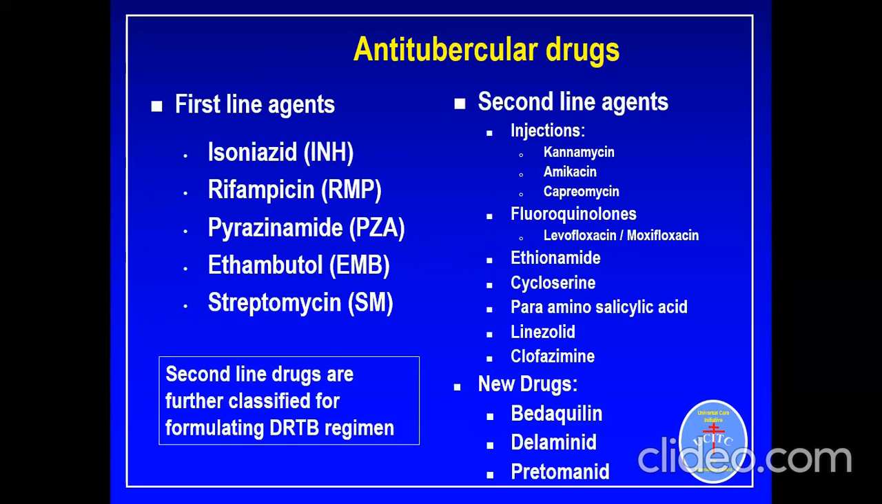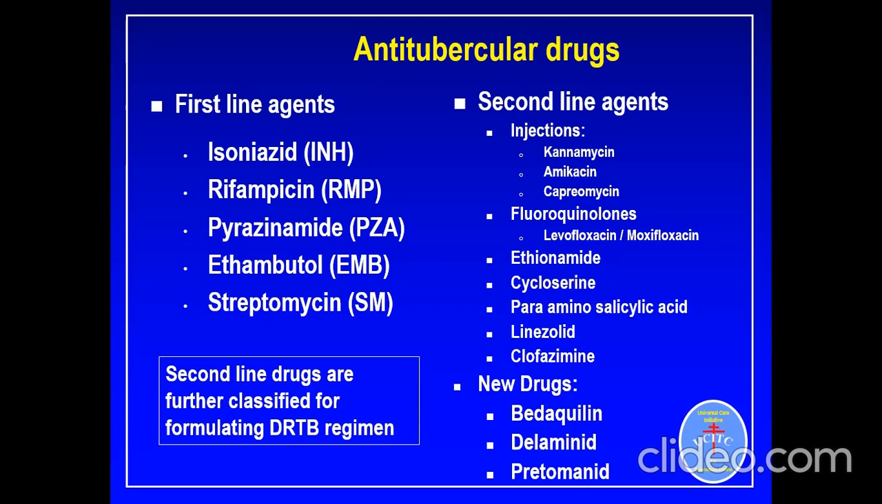So these are some of the agents which we normally use. First line agents are isoniazid, rifampicin, pyrazinamide, and ethambutol. Streptomycin we no longer use nowadays as it has been found to have a lot of renal toxicity and auditory nerve involvement. The second line agents which were and are being used are injectables like kanamycin, amikacin, capreomycin. So the first 2 are the aminoglycoside groups. And you have the fluoroquinolones, which are levofloxacin, moxifloxacin. You have ethionamide, you have cycloserine,